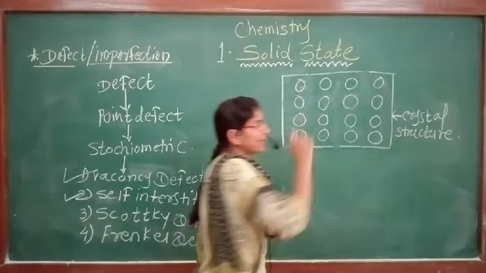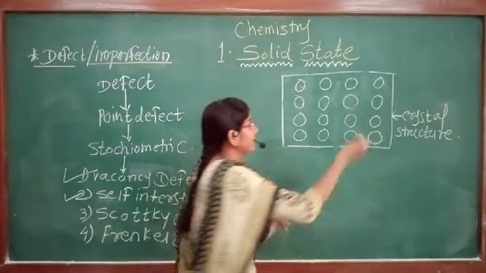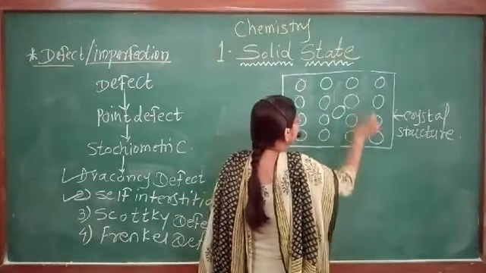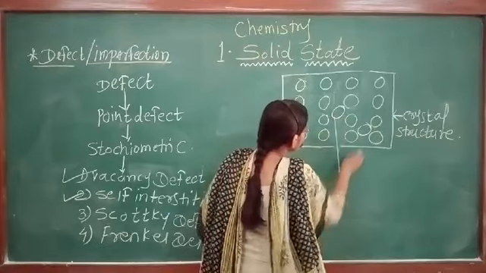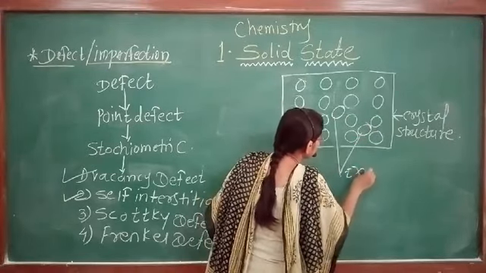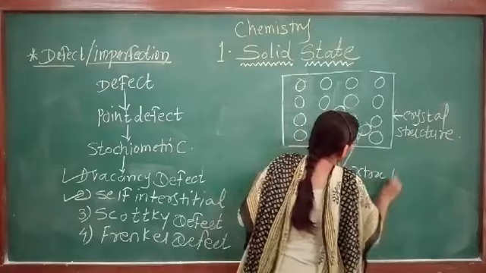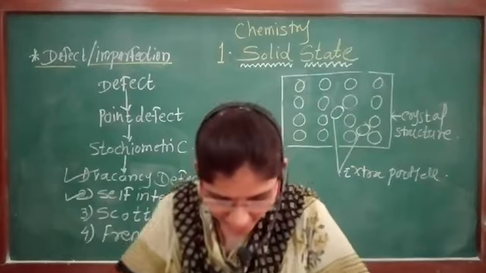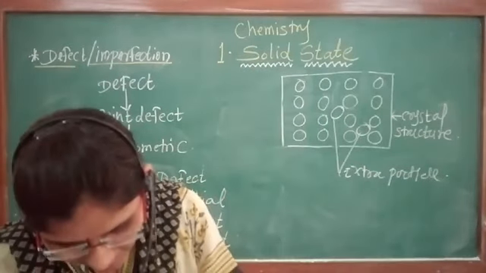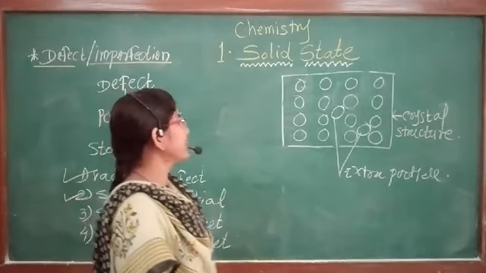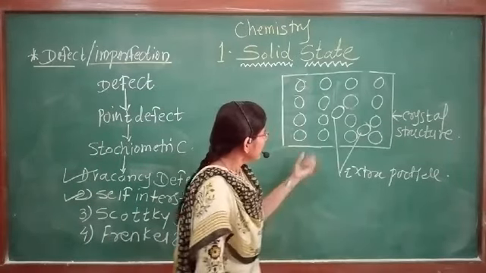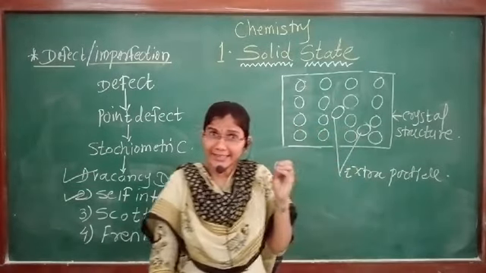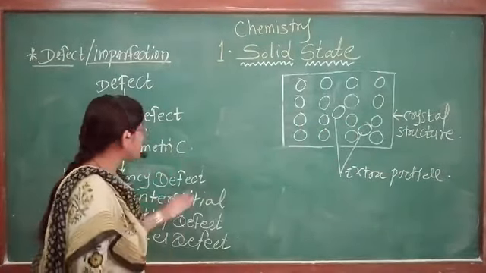Apart from that particle, one extra particle is coming and it goes into the interstitial site. So these are two extra particles, but these extra particles are the same as those already present in the crystal lattice. Means these particles are the same as those of the crystal lattice, but in this type of self-interstitial defect,